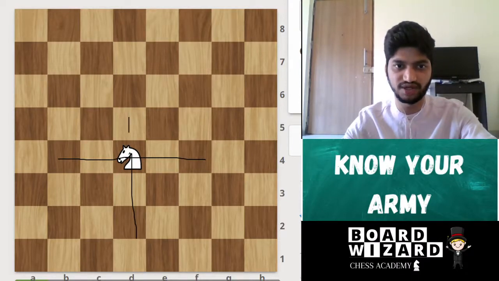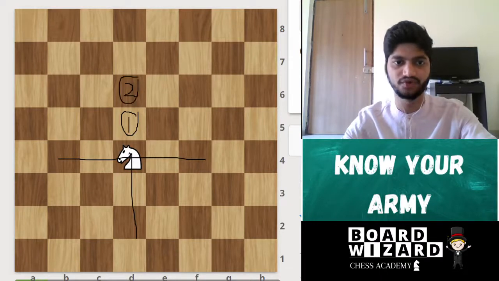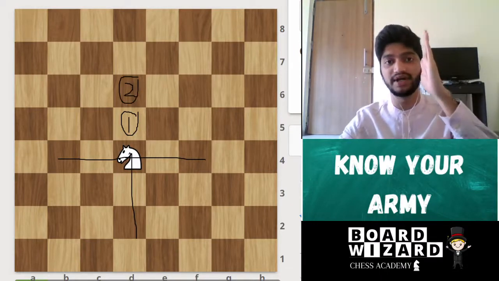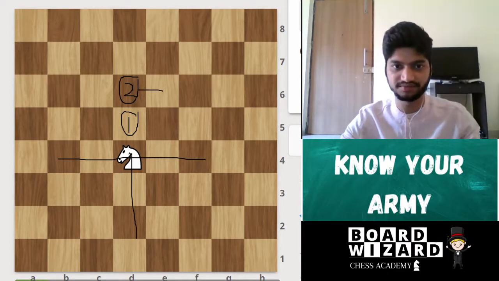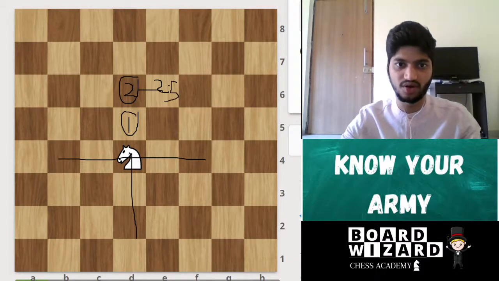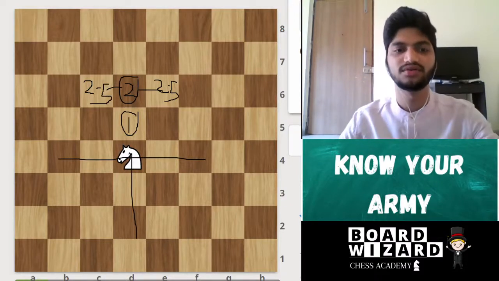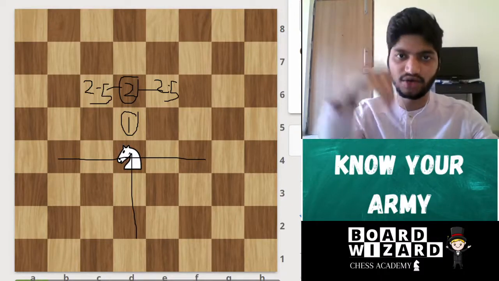So this is 1, 2. So he was going up, that's why the half step will be on the right here, 2.5, or left. It's up to the knight where he wants to go. Okay, similarly let's go down.